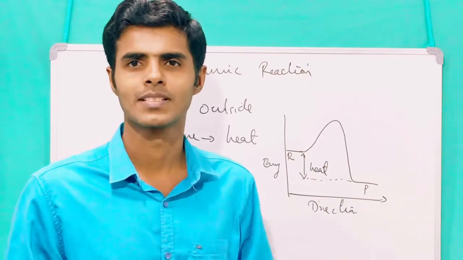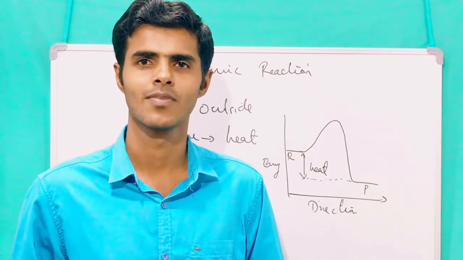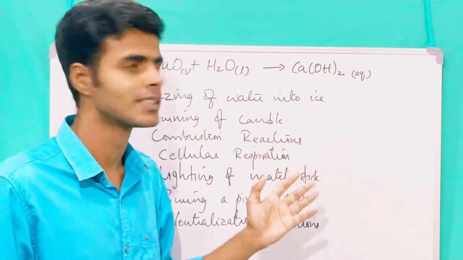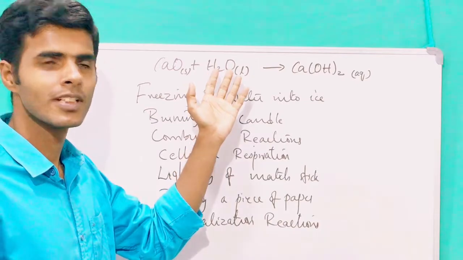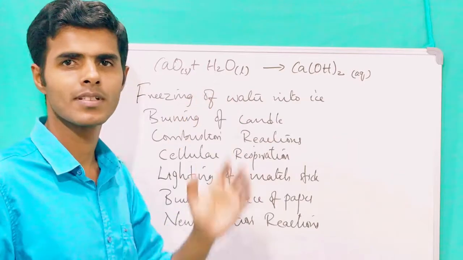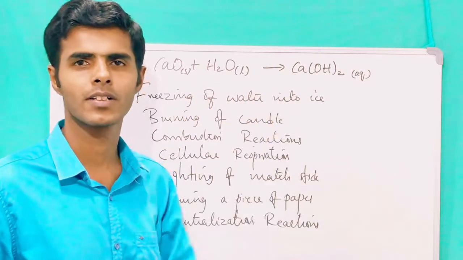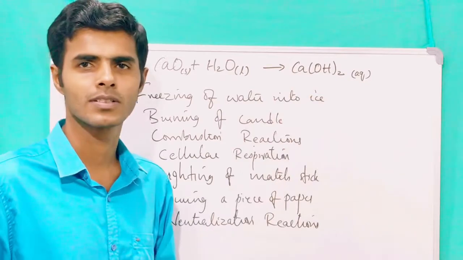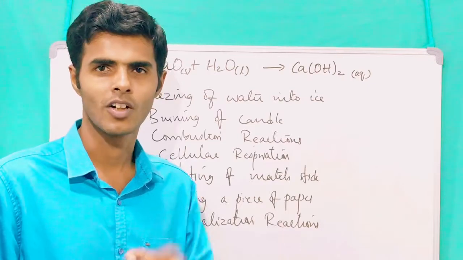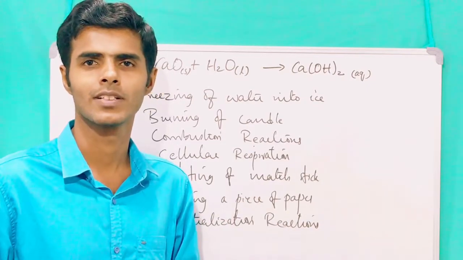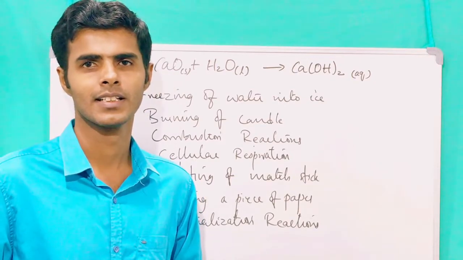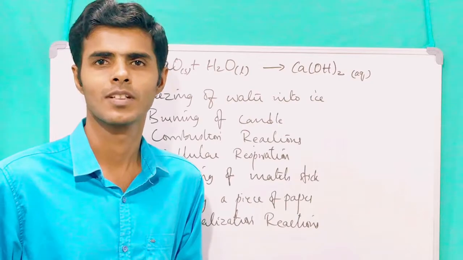Look at some examples of exothermic reactions which we have observed in our daily life. See these examples which are very familiar for us. Remember this equation? Calcium oxide treated with water to produce calcium hydroxide. Quicklime is treated with water, or water is added to quicklime dropwise in order to get calcium hydroxide. When you do that experiment, just touch the sides of the beaker, not inside, just outside the sides of the beaker, so that you can feel heat energy is being released during that reaction. So that is an example for exothermic reaction.